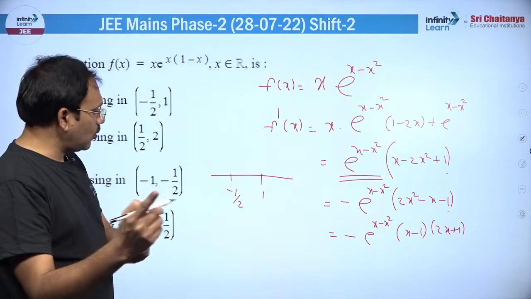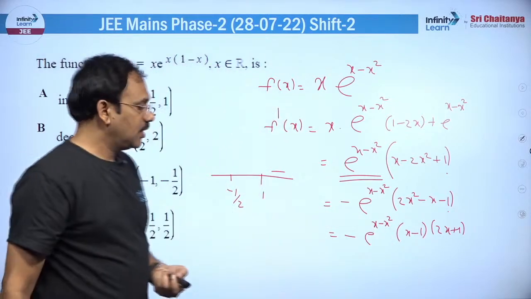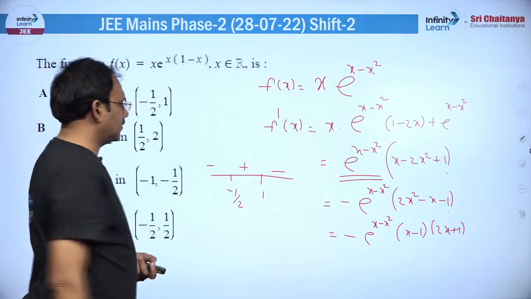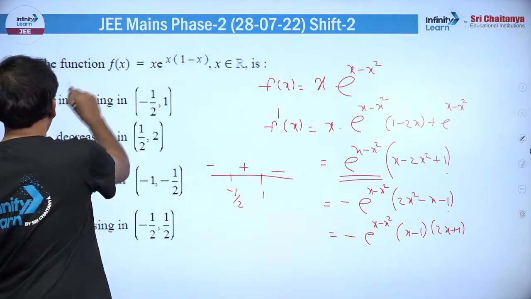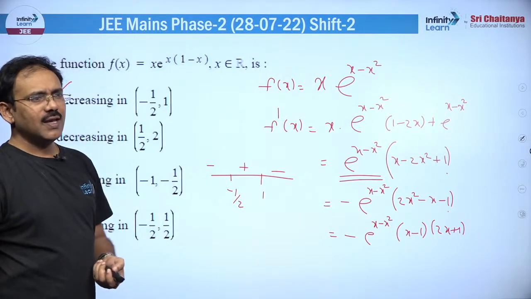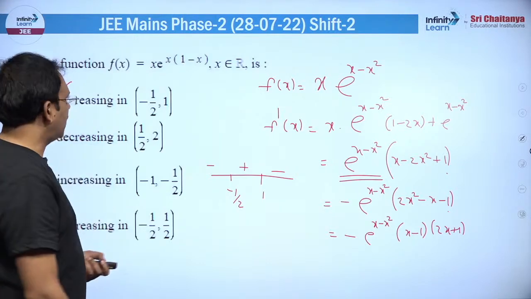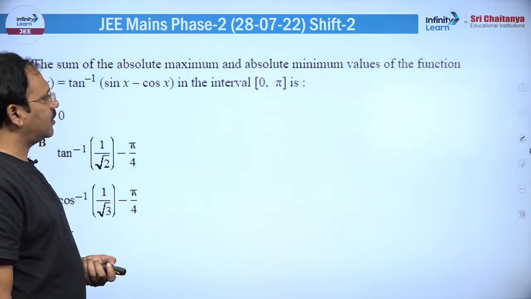If x is more than 1, positive, positive, positive, here negative, you can say if x is between, here alternately plus minus comes. So increasing in minus 1 by 2 to 1 will be the right answer, my dear friends. This is going to be increasing in this interval. Okay, right. The next, my dear friends, you can go to the sum of the absolute maximum and absolute minimum values